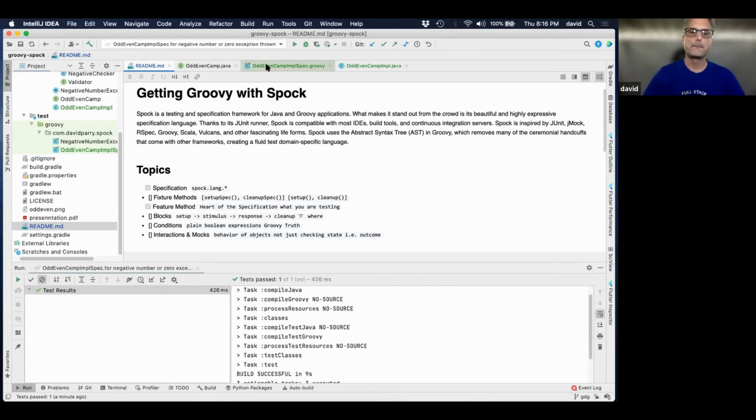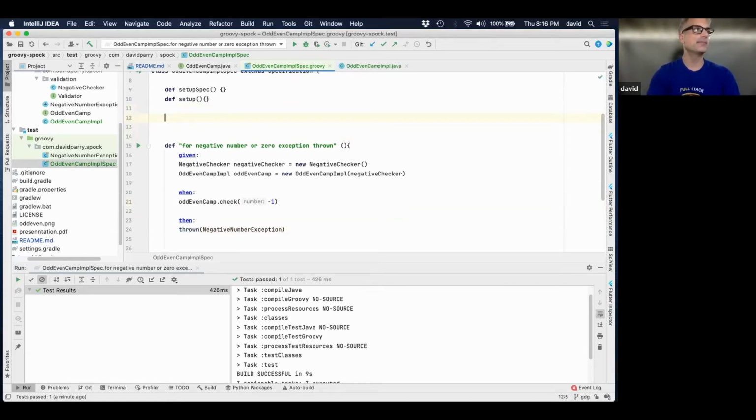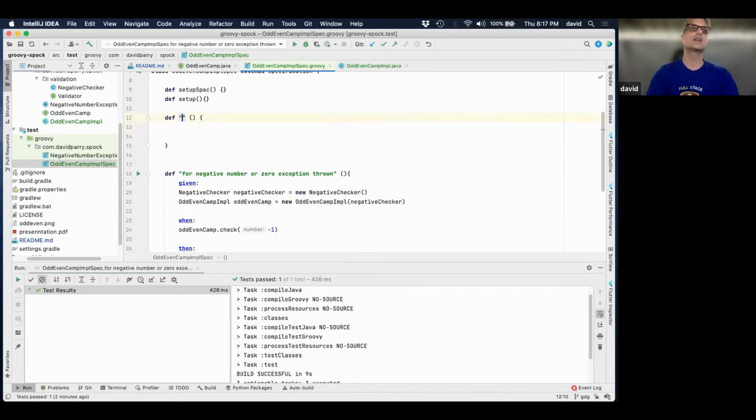So I'm going to go ahead and do another type of test that is more data driven for us. This is the funner one. What's the funner one about this is actually seeing the data and how much nicer. I don't know if you guys have tested before, but it really gets hard. Like, well, do I have to bring in a file? Do I have a lot of data? How do I see it and read it and understand it? And this keeps it all in one place in this DSL.